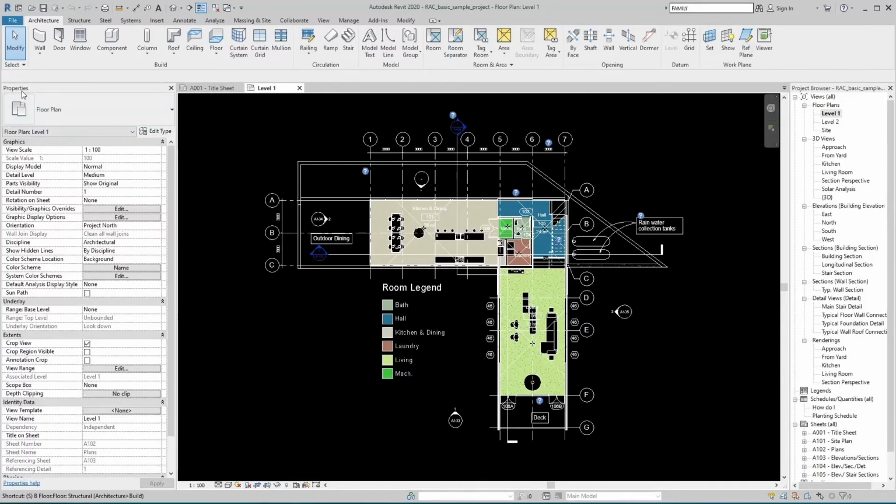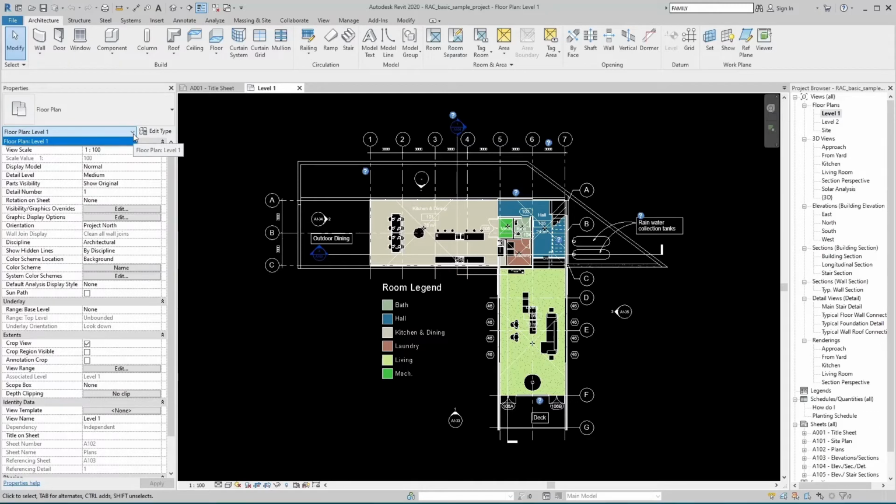After that there is a properties palette. When we have not selected any object in the model or drafting view, then properties show the current view properties in the drawing area. The top section of the properties palette is called the type selector.